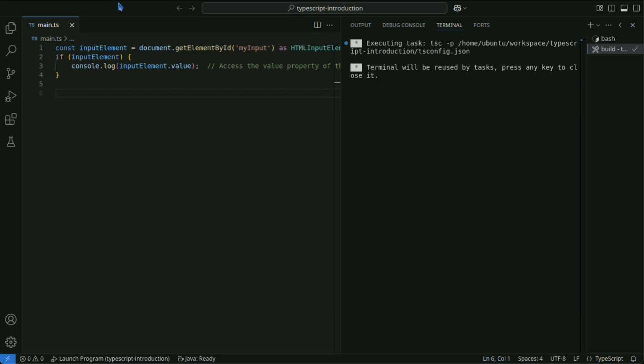The as keyword is a type assertion operator in TypeScript, used to explicitly tell the compiler to treat a value as a specific type. In TypeScript, you can use type assertions to treat the retrieved element as a specific type and access properties or methods specific to that type.